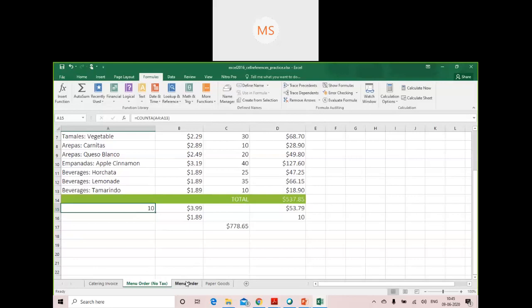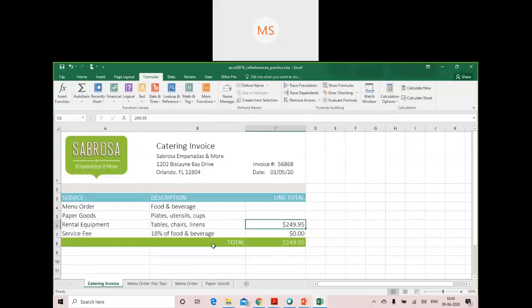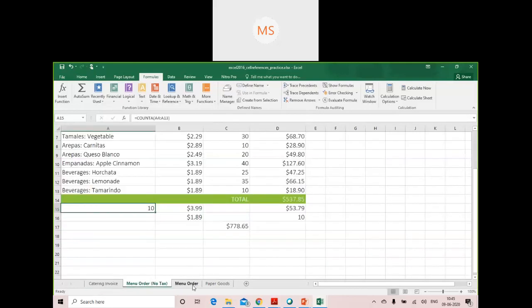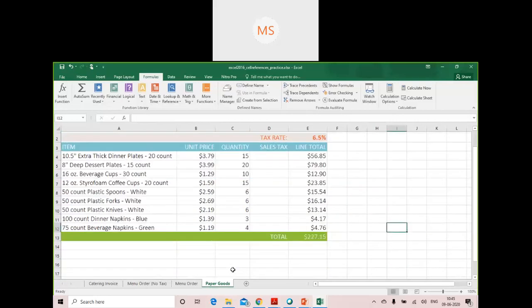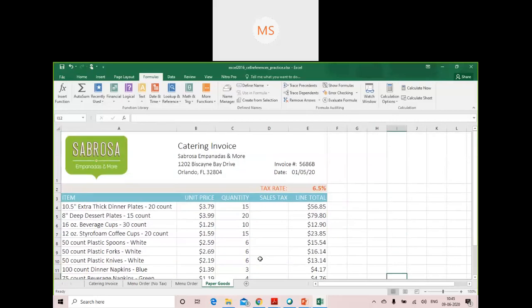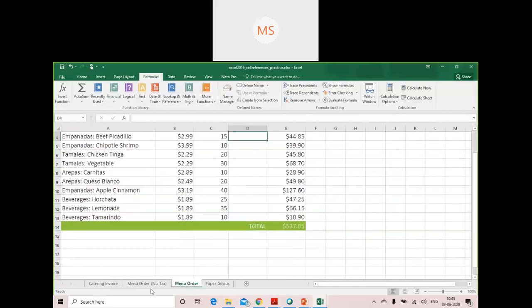Okay, now here is creating invoice, menu order, paper goods. These are all for your homework that you can do today.